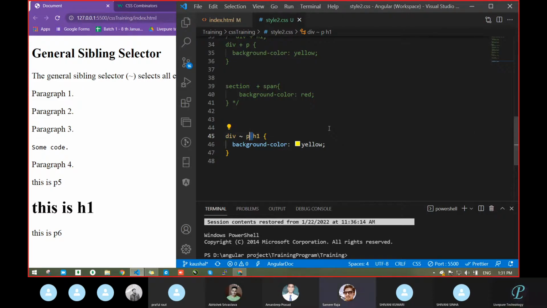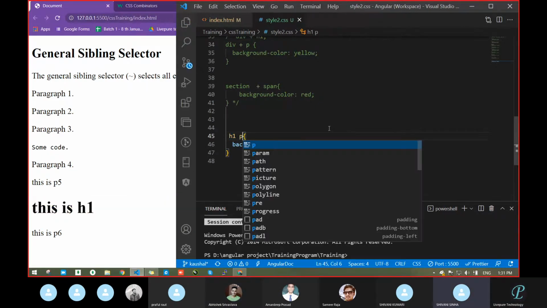Descendant selector. But how does it identify whether this is descendant or not? Sir, with the help of a space. But that space should not be with this. So div space P. Sir, between the two.